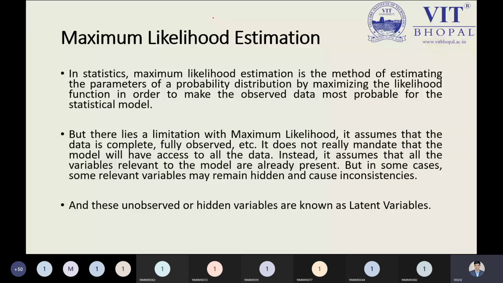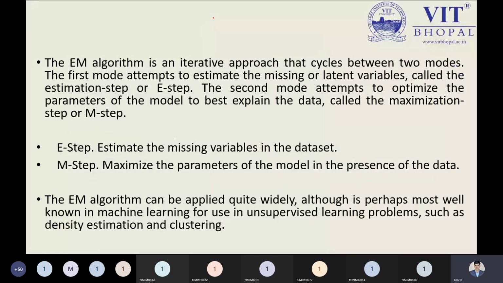So we have the maximum likelihood estimation, and this is the point you are required to keep in mind while learning expectation maximization. Before moving to expectation maximization, I'm touching only the fundamental part, and that is the required portion right now. So now tell me, is the maximum likelihood estimation clear?